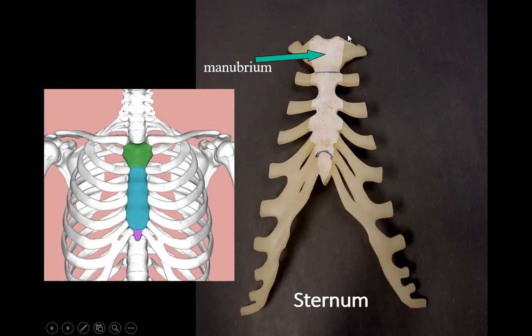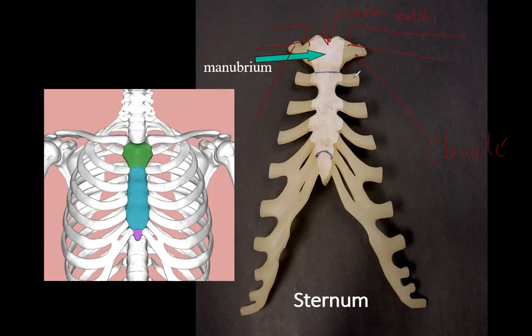The clavicle articulates here and here at the top. Now there's a notch here too, and that's called the jugular